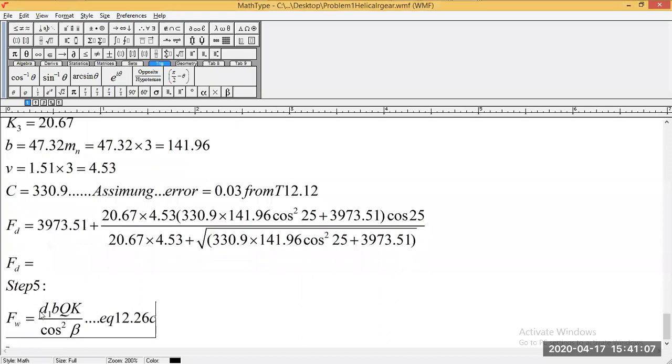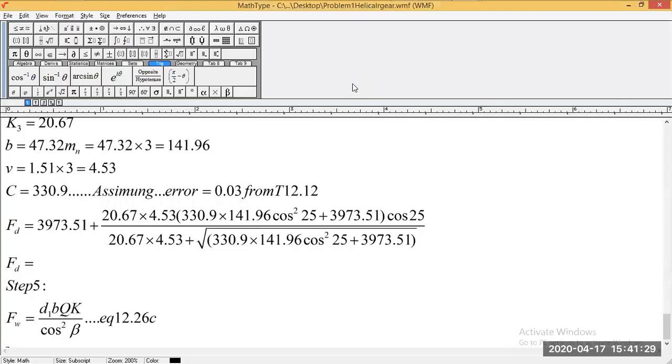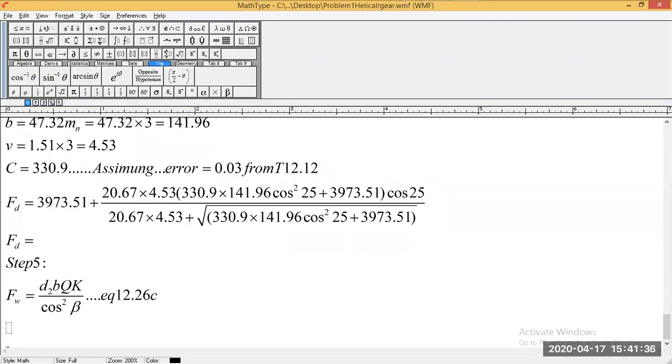Okay. So again here, d1 is written in the equation. You can see here d1 is written, but since the design is based on gear, you can change that to d2. We can change this to d2 because the design here is based on gear and not pinion. So this equals to